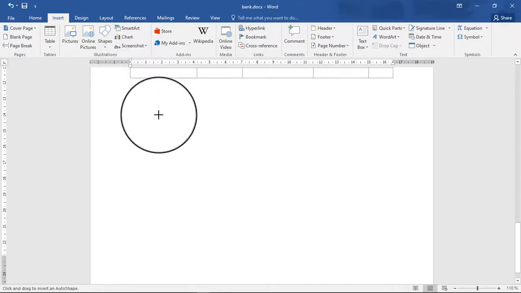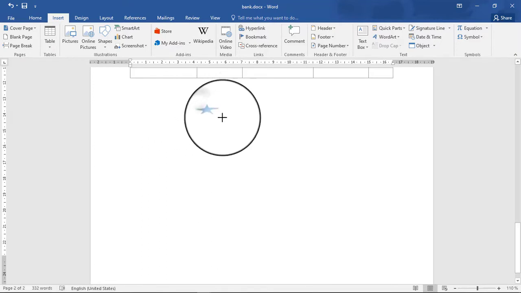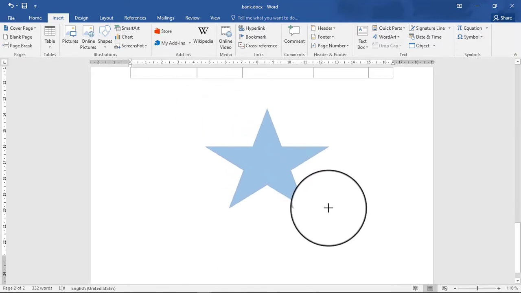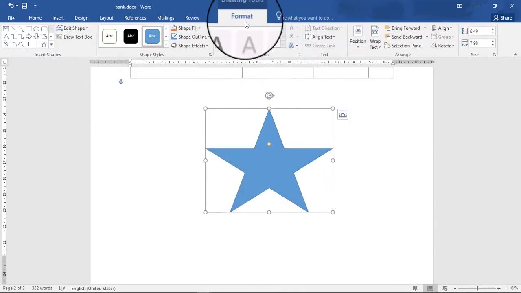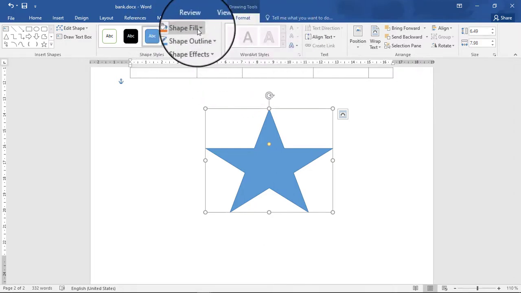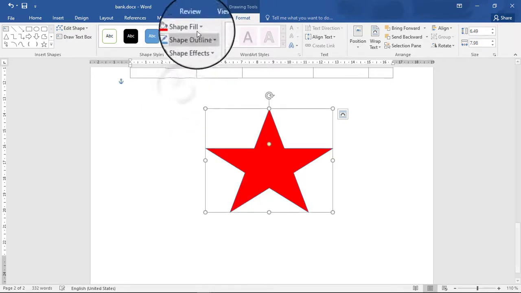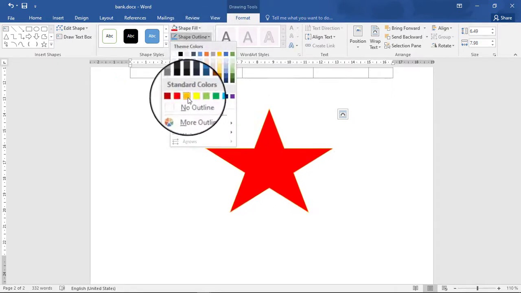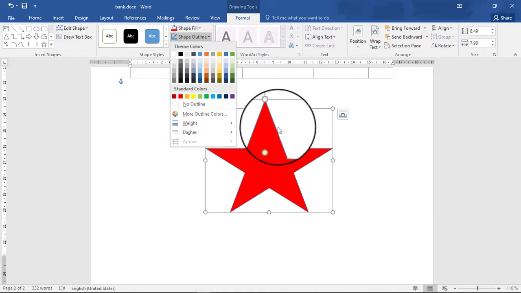After pressing it, the cursor will change to a plus sign, then you will adjust where you want it to go. After adjusting it, the format menu will come, and here is where you change the text field, changing the color of the shape field, changing the outline. Maybe I want that outline to be blue. Are you seeing this outline is the border?